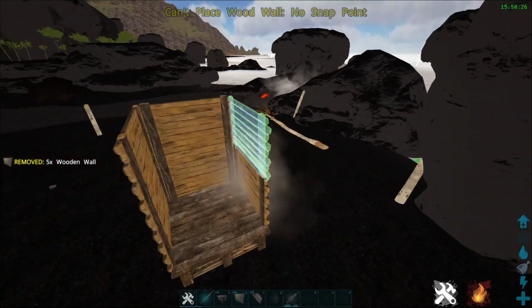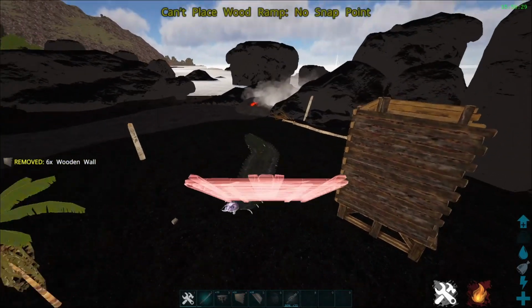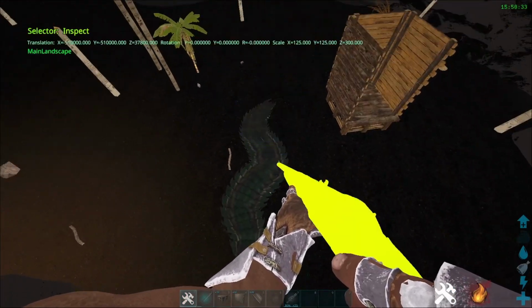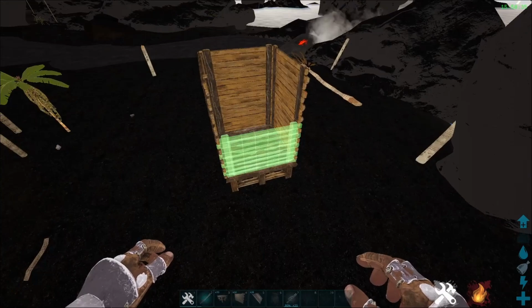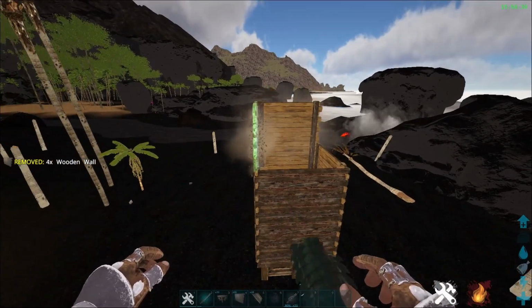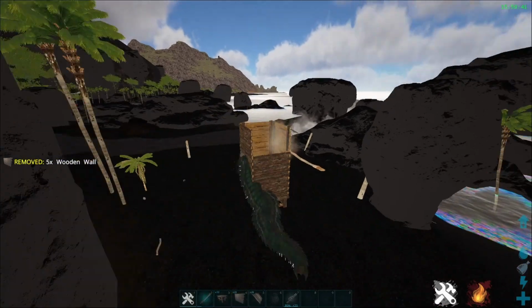So Arthropleura is coming to ruin our day. Actually, he's kind of pissed. We can just use this one for the tame, as long as it doesn't break the trap. So you're going to build a 1x1, and you're going to make it 3 tall. You can also bait them into the water, which...